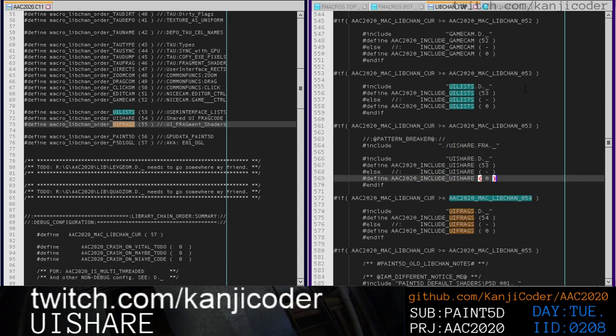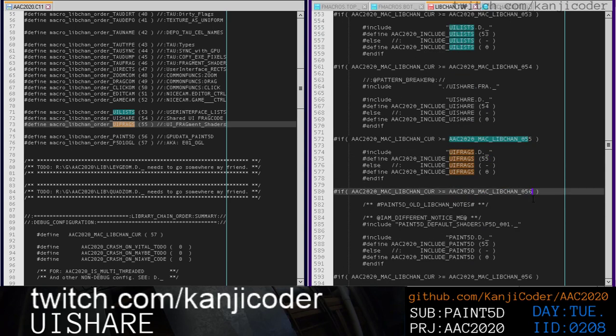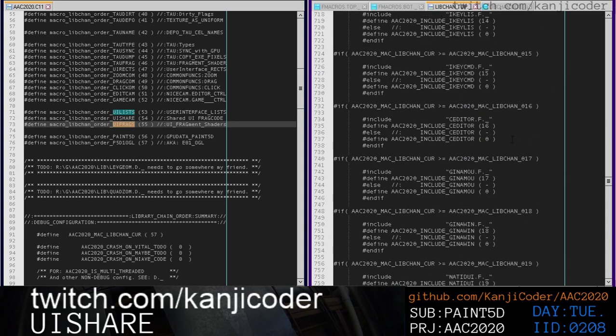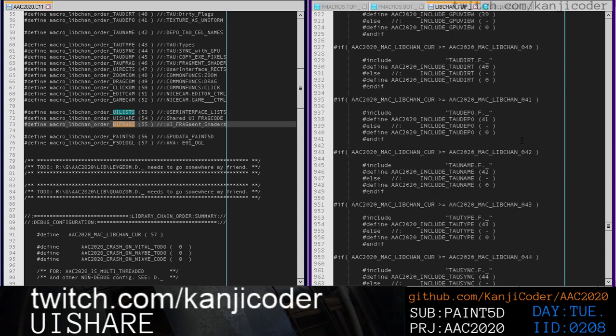Okay, so UI list is 53. Then this is 54. Okay, and then this one here, UI frags, that's 55. This is 56. And the last one should be 57. Okay, let's move down, and let's make the same insertion, right? So down here,